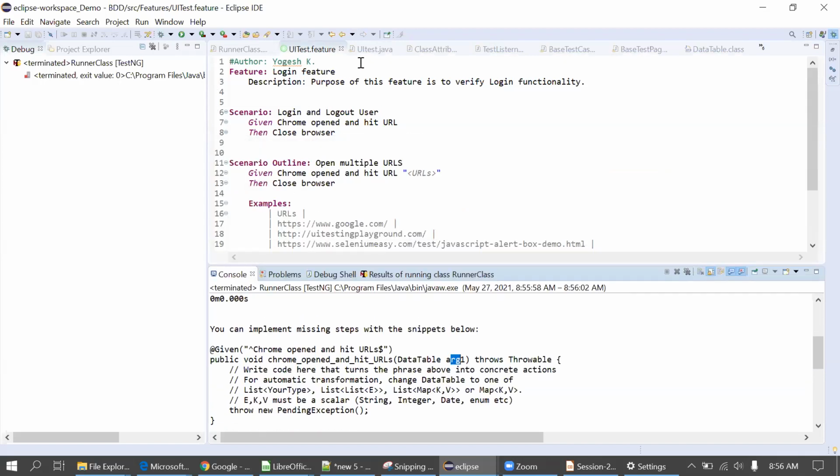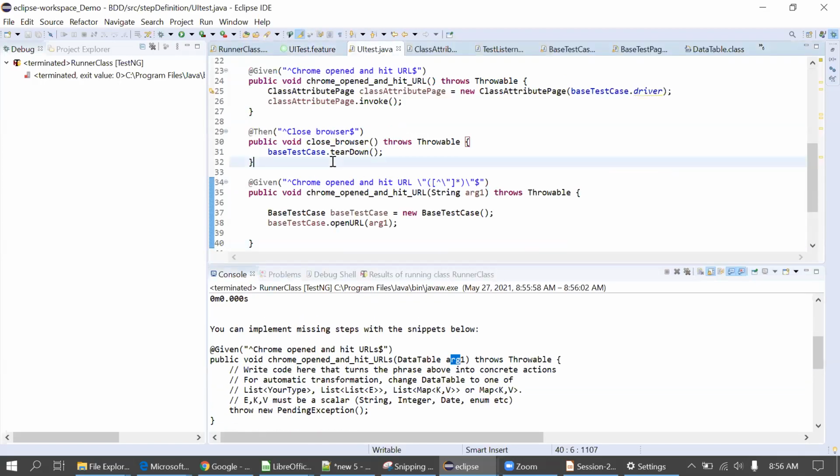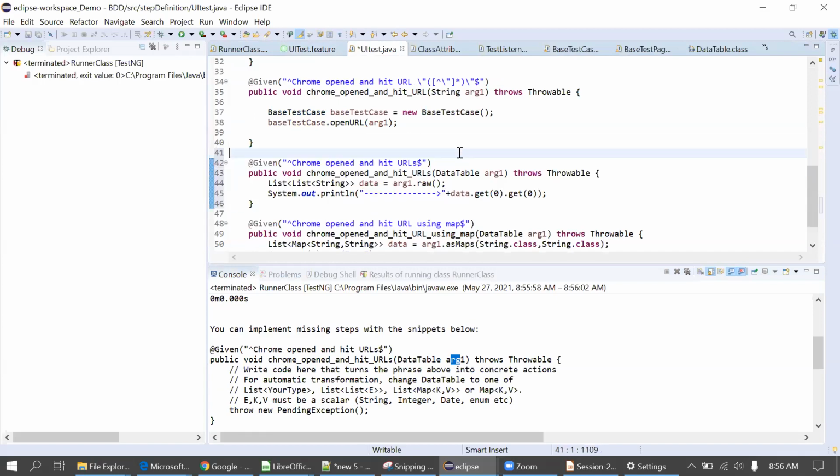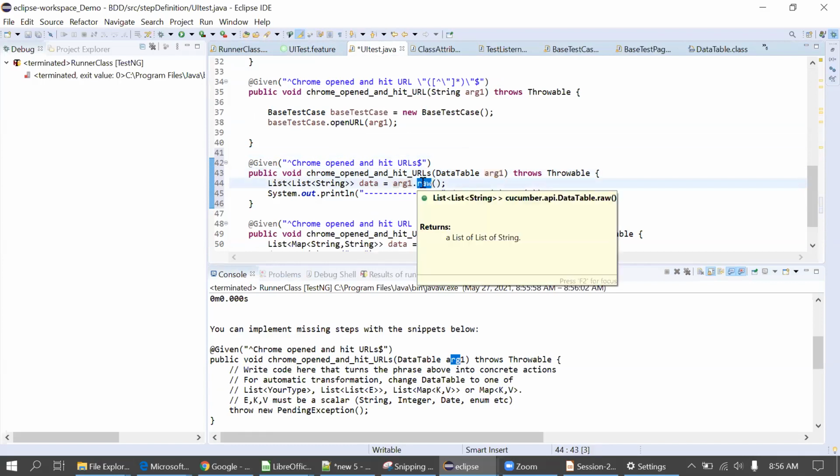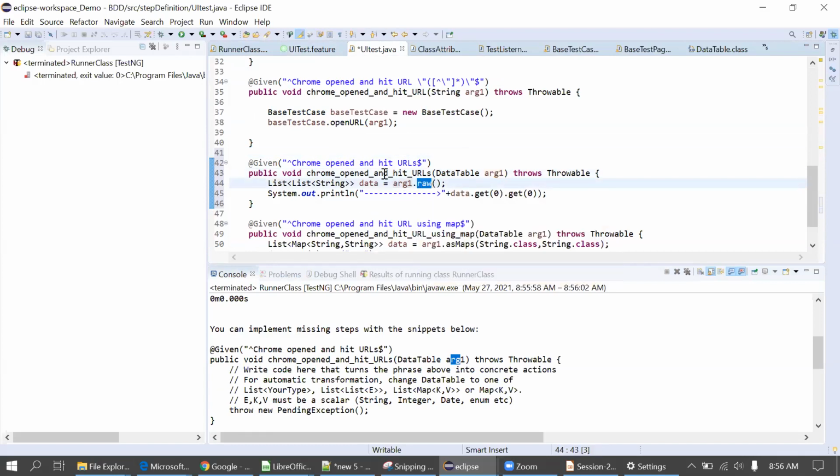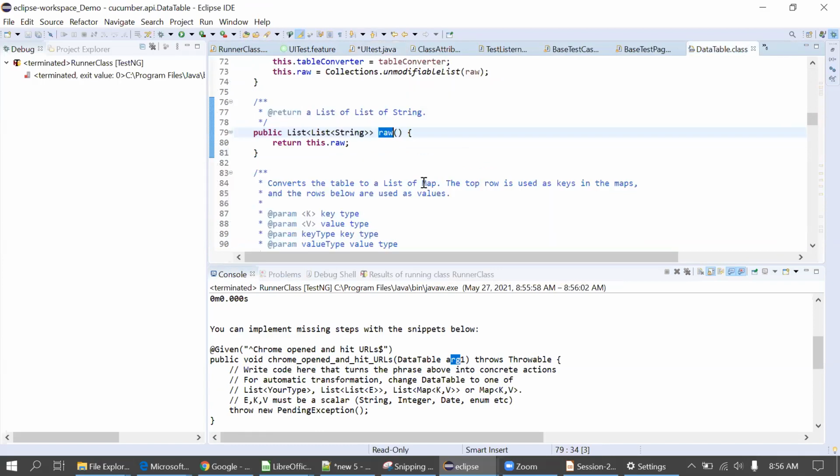So I'm just reverting the code here. It's the same code. Only when we have to fetch the data from this argument 1 from the data table, we have to use this raw method. You have to remember this raw method, argument.raw. The return type from the raw method is a list of list. You can see it here.